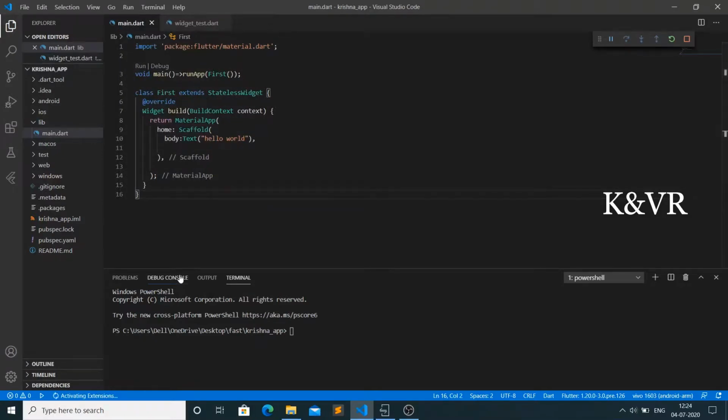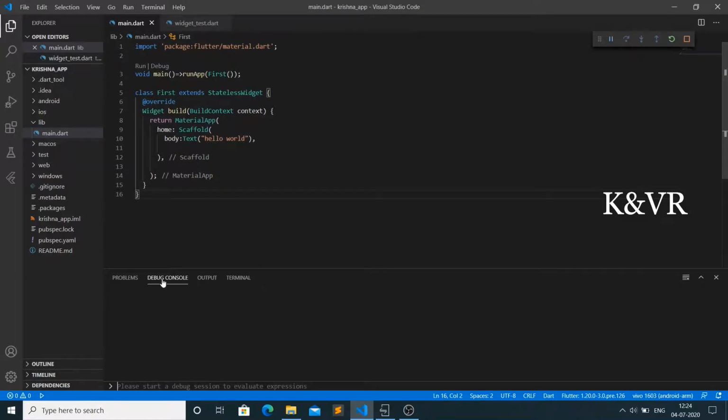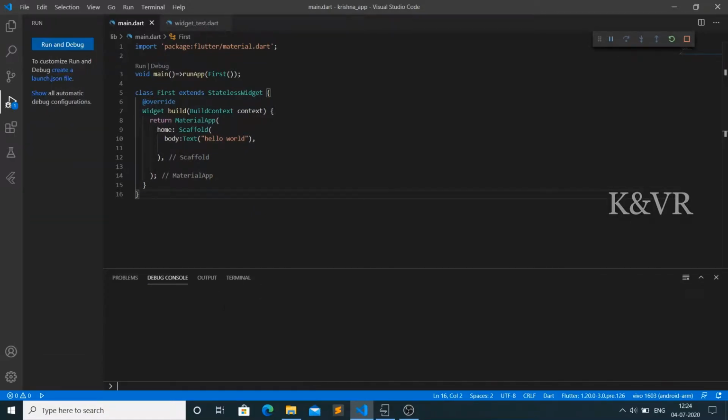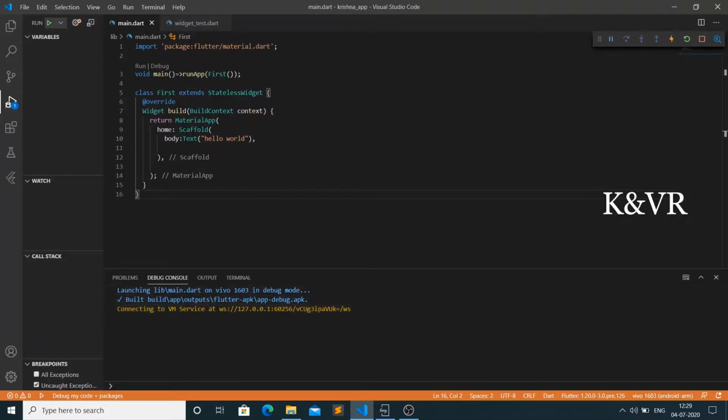It will debug and it will go on. Just go to the debug console, it will show here. Here your app APK is completed in your mobile. Just see in your mobile. Here is hot reload, just click on that. You can reload your lines of code, compile and execute in your mobile, or else you can also create an emulator. I can create one video on how to create an emulator. Now go to your mobile.